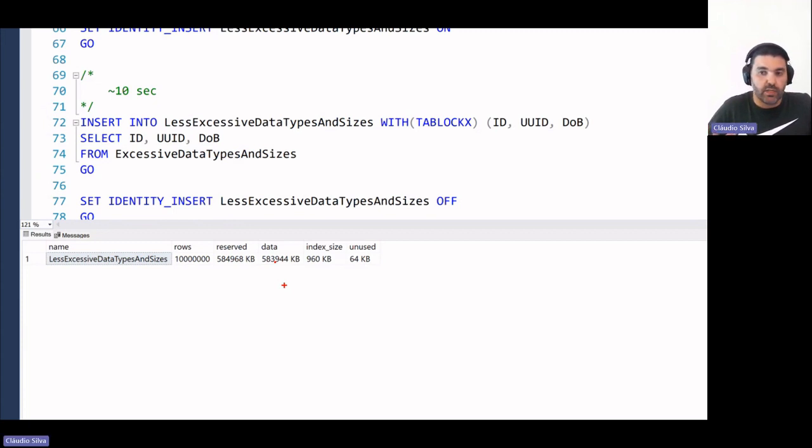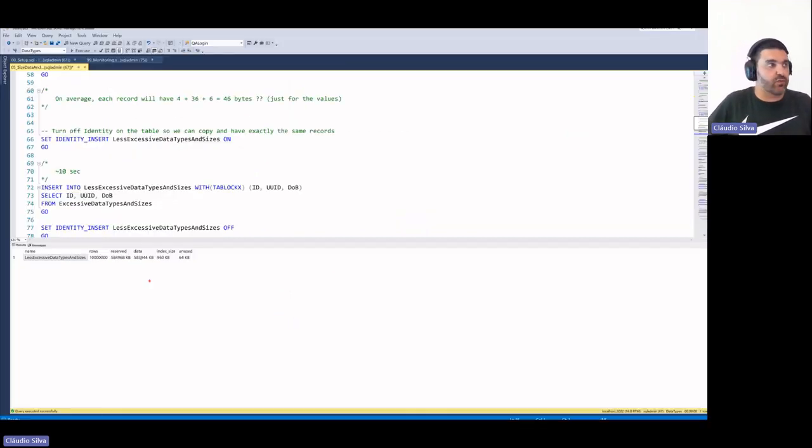So just by adjusting a couple of data types, and you saw that I'm not even using NVARCHAR max and stuff like that, we are lowering our table size by 30-something percent just by using a better data type and not being too greedy with huge values.